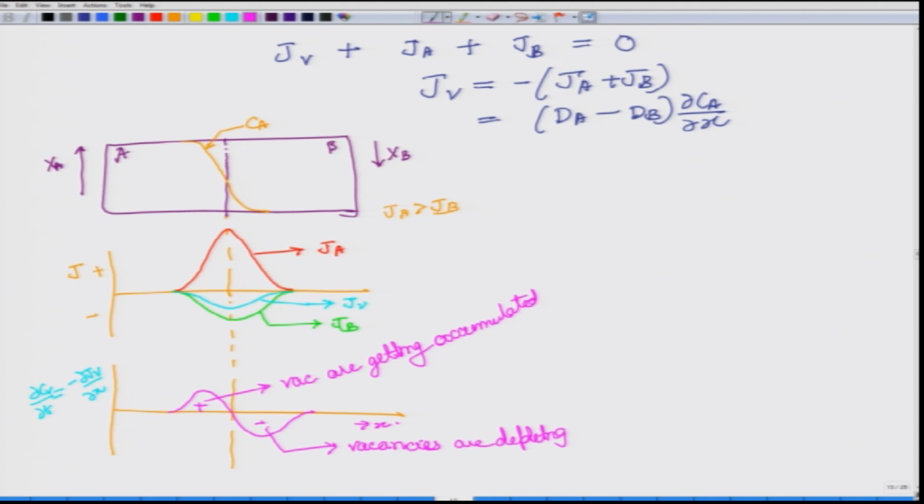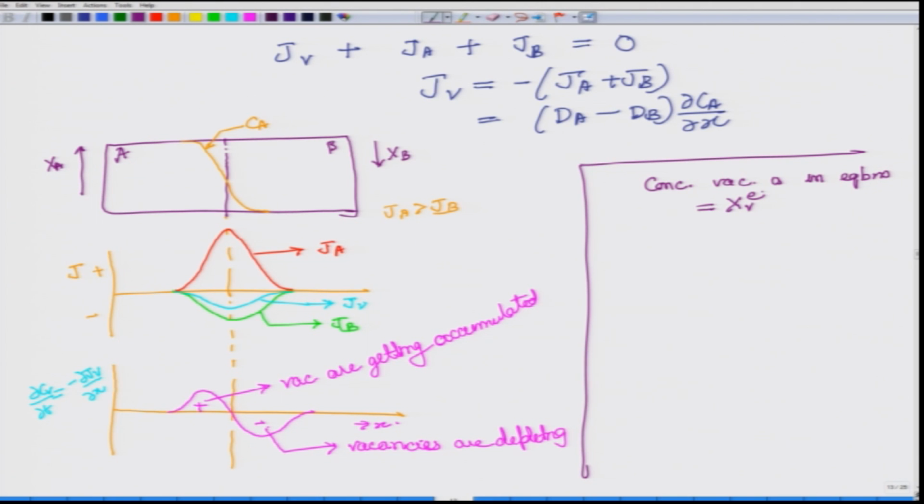But remember, one of the major assumptions that we had was that the concentration of vacancy is in equilibrium concentration. Which means that the concentration of vacancies must remain constant throughout. So, something like the vacancies must remain like this. So, if we are talking about the concentration, the vacancy concentration, or CV, must remain something like this. And here we are showing that vacancies are getting accumulated, here we are showing vacancies are getting depleted. Therefore, over here vacancies must be destroyed.